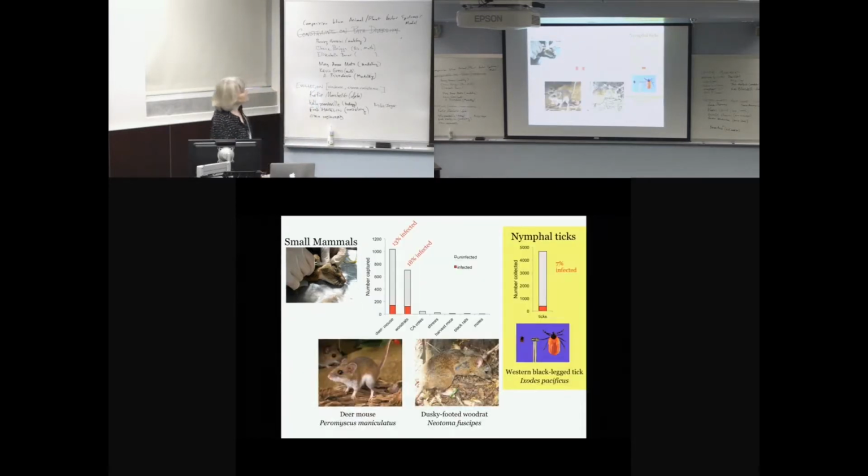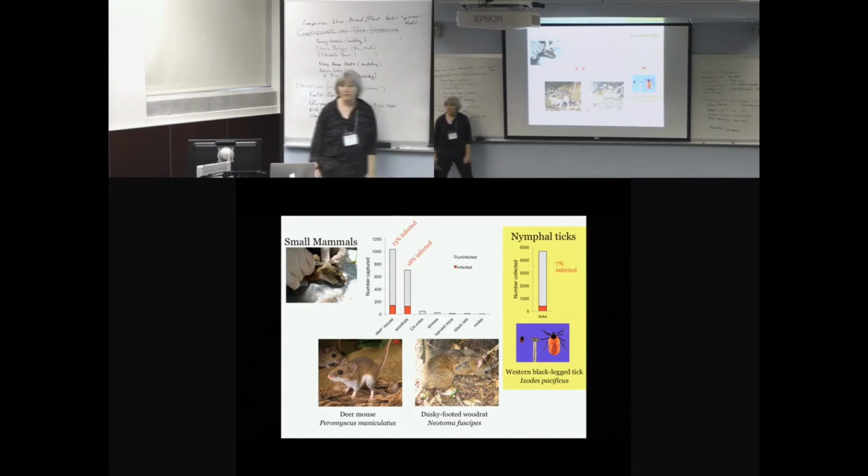What we found is first just showing the infection prevalence in California. In the California system, really, there's just two key small mammal hosts involved, deer mice and wood rats. And the deer mice have about a 13% infection prevalence, and the wood rats have about an 18% infection prevalence,